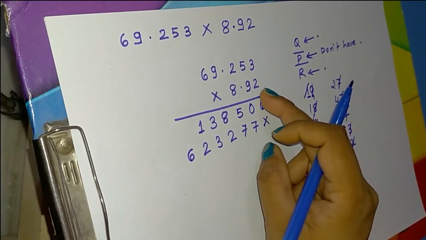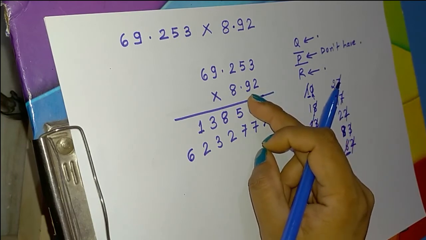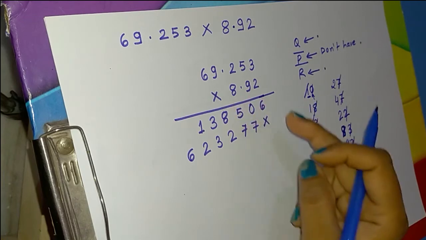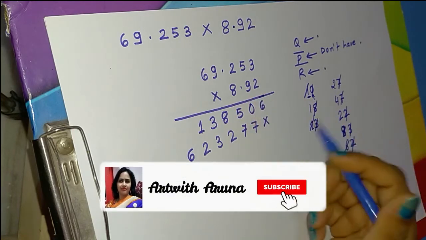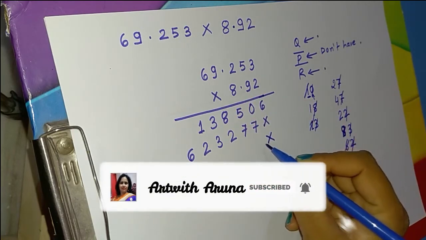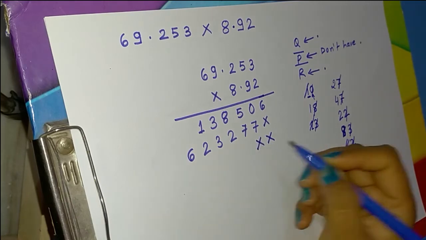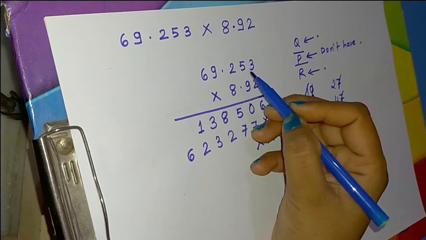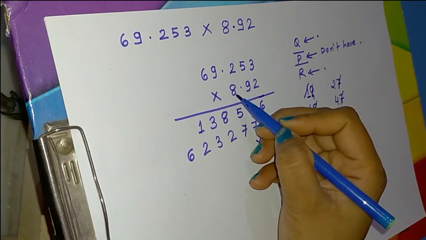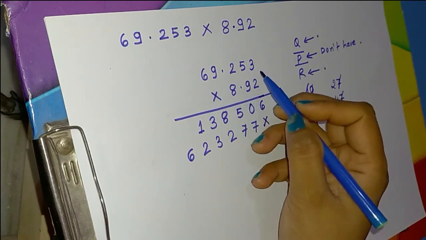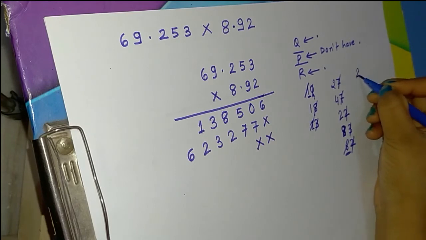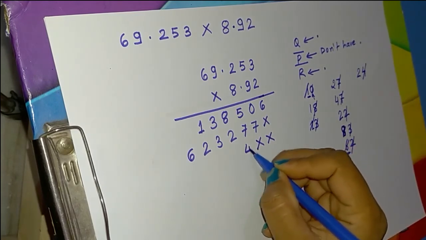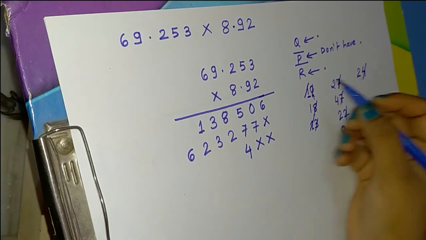Now we are done with ones place value and tens place value. So before moving for the 8, we need to block the ones and tens place value here. That is, we are blocking with the cross. Now multiply this 8 with all the digits present in the first number. So first of all we need to multiply this 8 with 3. So 3 times 8 is 24. Need to write 4 here. This 2 is carry forwarded.